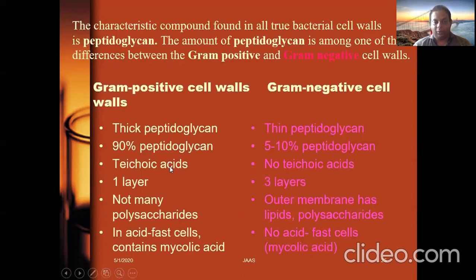Gram-positive contains teichoic acid; gram-negative has no teichoic acid. Gram-positive is a single layer, a monolayer, but gram-negative is much more complex: a three-layer structure with an outer membrane, a cell wall with a thin peptidoglycan layer, and an inner membrane, like this. There are not many polysaccharides in the gram-positive wall, but in gram-negative there are much more. There are other exceptions not related to mainly every bacteria. There are so-called acid-fast cells, which contain mycolic